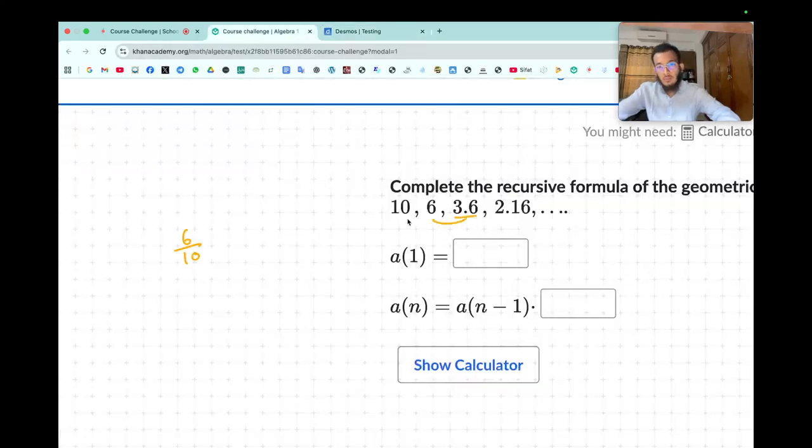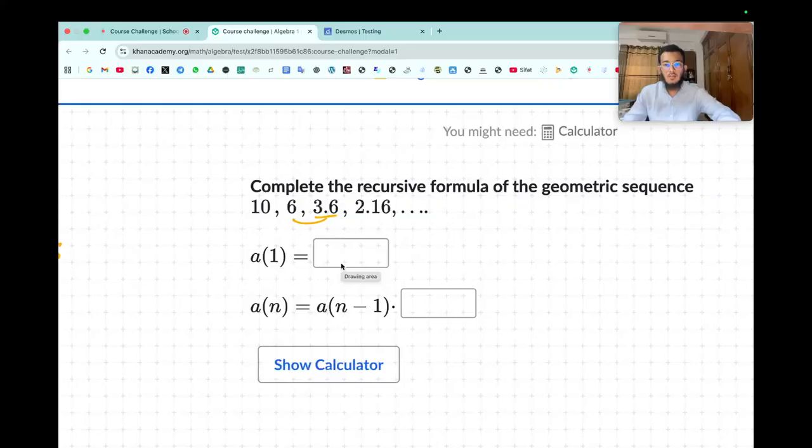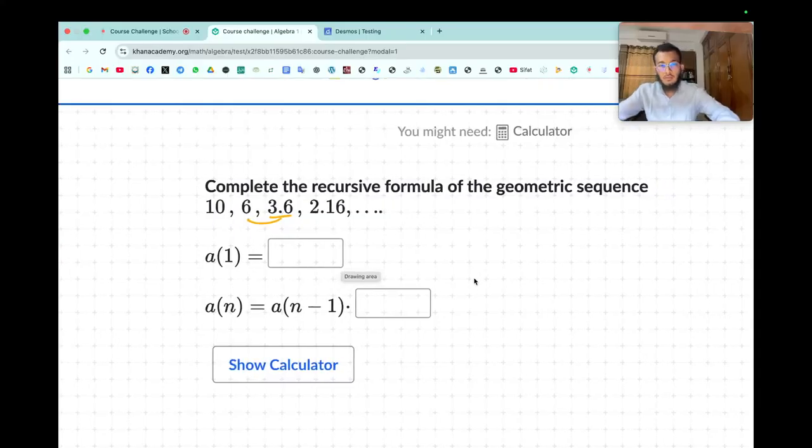Alternatively, you could do 3.6 divided by 6 as well. It would give you the same answer, 0.6. And a geometric sequence has a formula, so the first term is just 10, so it's easy, but